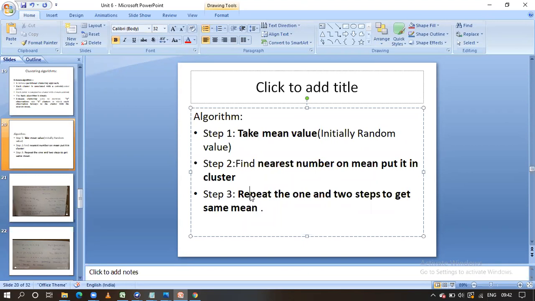Again, I am saying, suppose I am going to divide the overall data objects into two clusters, A and B, and their centroids are A1 and B1. The points that are nearer to A1 belong to cluster A. The points that are nearer to B1 belong to cluster B. This way I am going to divide the points into clusters. The exit point is whenever we get the same means.